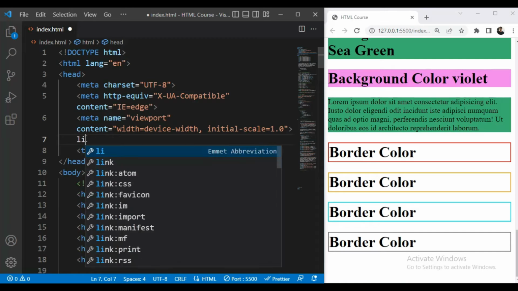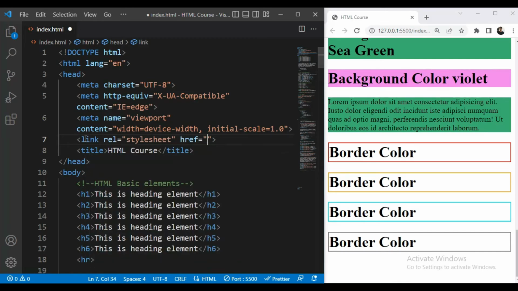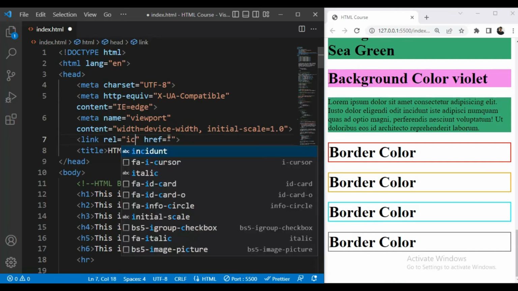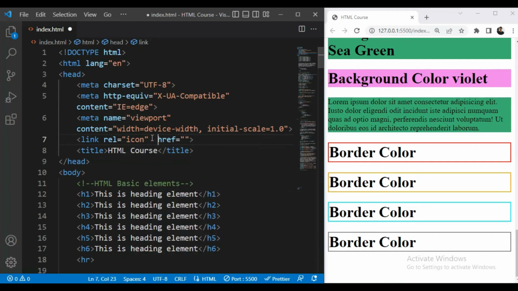So first we will take a link tag and inside the rel attribute here we will write icon, and then we will have another attribute that is type attribute, and inside that we will write image/x-icon, and inside the href we will give the path of our fav icon.